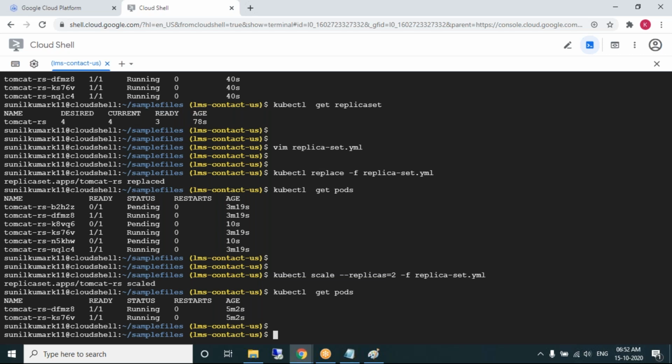So how is the communication between them? It happens automatically. You don't need to worry about this. It performs load balancing. We don't need to worry about how the pods are balancing the load, or which pod is communicating to which pod. It handles it by itself.